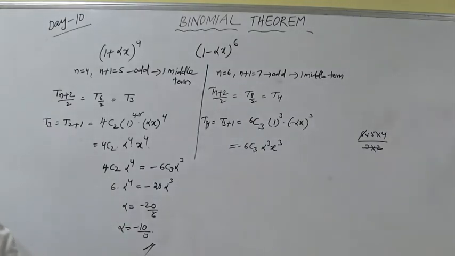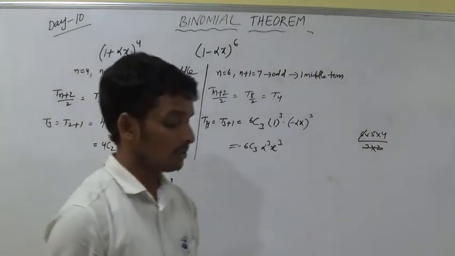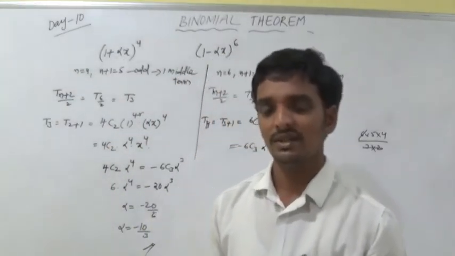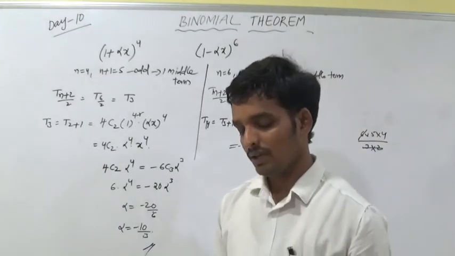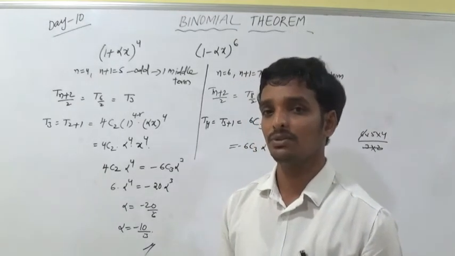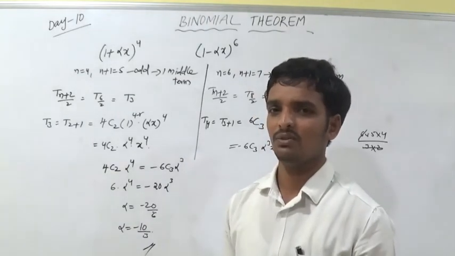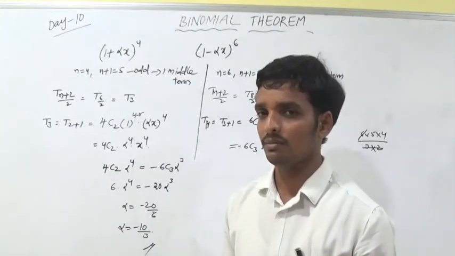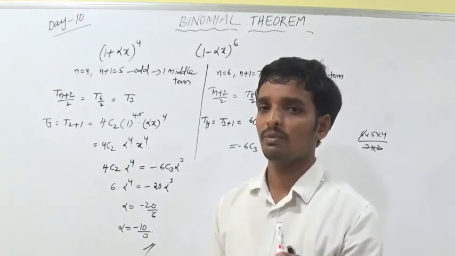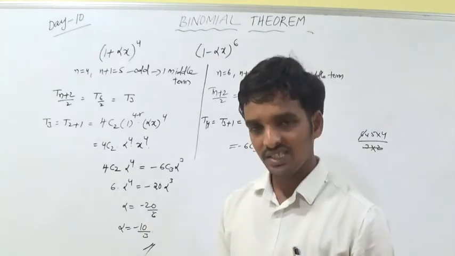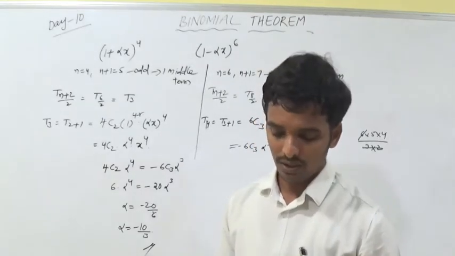So we have the 17th problem in our textbook. We have to do the 17th problem also as homework. Find the third term. It is easy: (2x plus 1 by 3y) whole to the power of 8. Easily we can do it, using t r plus 1 or directly. What is the general form of the third term? nc2 x to the power of n minus 2 into b to the power of 2. So we can write that easily and find the answer. So do the third problem.